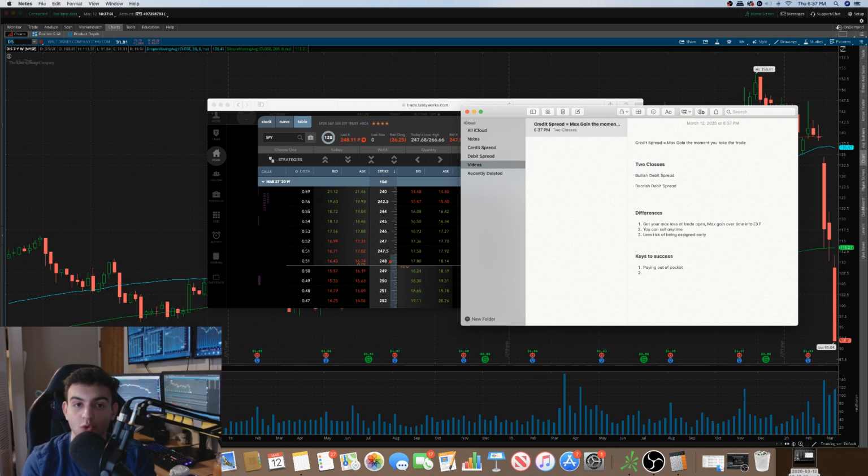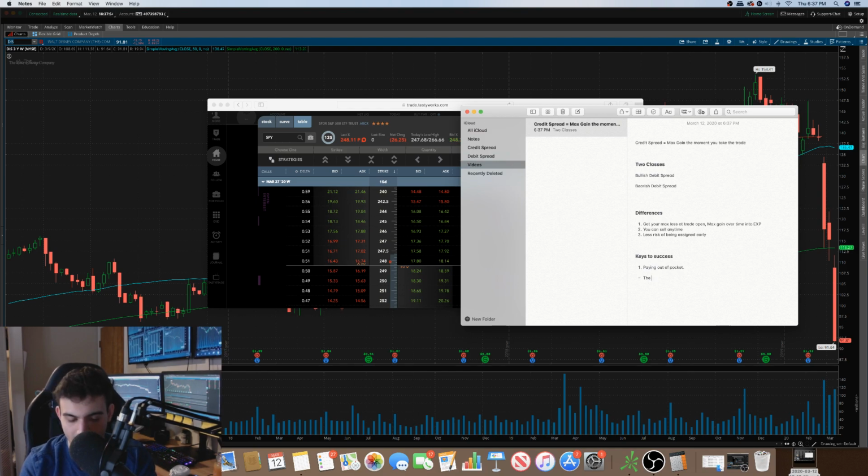And number two. If we're already paying out of pocket, number two becomes, well, I don't think this is so much a key to success, so I'll try to explain this as we continue to move forward. So we're paying out of pocket, so as soon as we take the trade, we're paying for it. That means, a subheading here, I don't know if I'm able to do that. Yes, so a subheading here becomes,